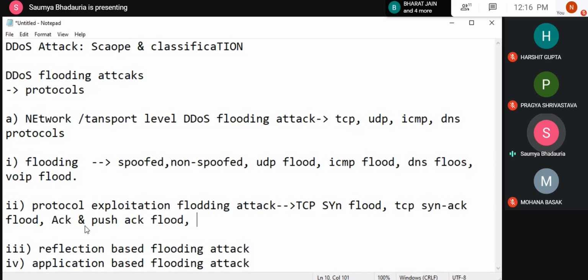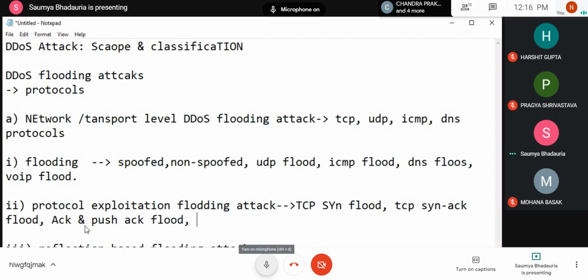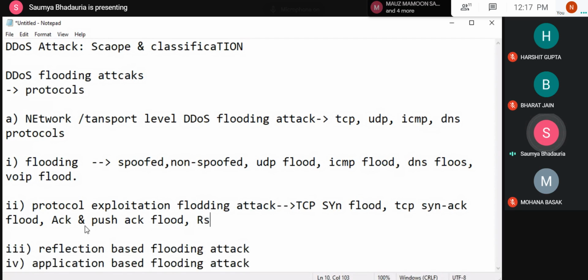Have you guys heard about sliding window protocols? Yes, ma'am. So these ACK and push ACK are used in that. Clear? The other, there's one more packet which flows, that is RST, which is reset, or